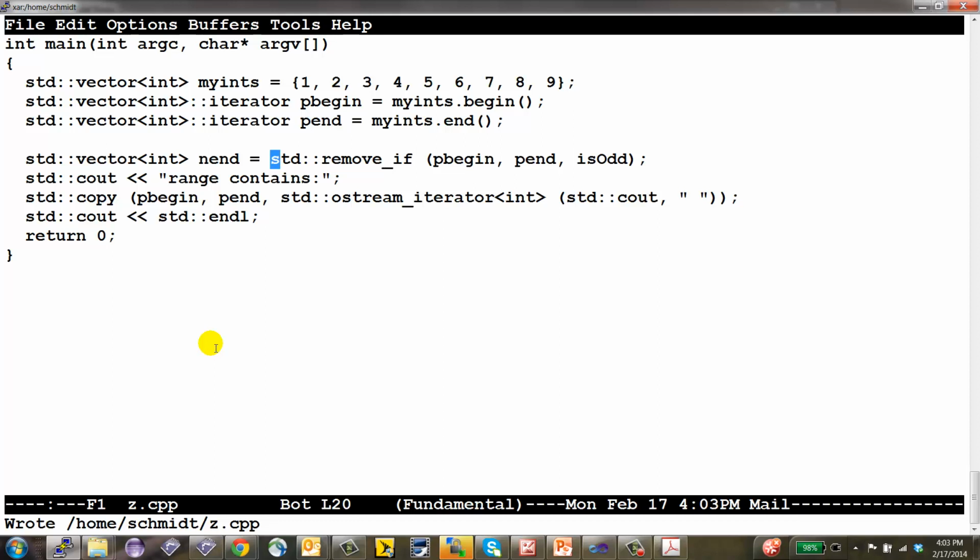Yeah, I'm trying to understand the use case. So you're trying to modify the way that the end factory works. And so if you use remove and then use standard copy, instead of having p begin, p end, you could just do